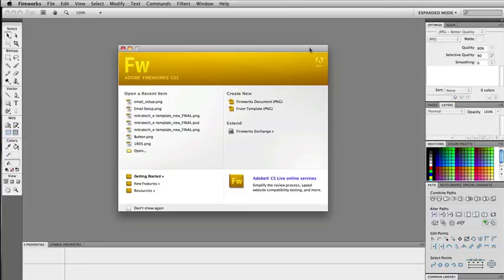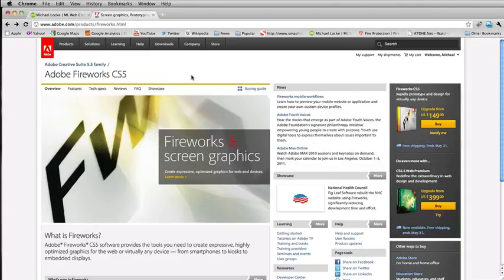Alright, so here we are at the opening screen for Adobe Fireworks, and in this walkthrough I'm going to be using Adobe Fireworks version CS5, but keep in mind that over 98% of the things that I'm going to be covering is available in versions CS3 and CS4, so not to worry, and that should cover the last 4 years of this product. But if you wanted to follow along with the current version or the latest version, just simply go